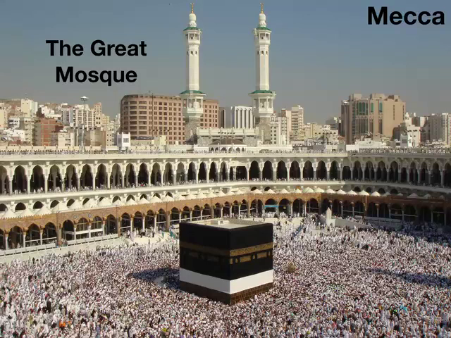We can see located all around the building in the center, the Kaaba, in the courtyard of the Great Mosque, thousands and thousands of people. Now, who are these people? These people are pilgrims. They're adherents to the Muslim religion, the religion of Islam. These are Muslims, and they have traveled from all over the world to make this pilgrimage to Mecca. It's one of the five pillars to make the pilgrimage. And so this site has really impacted the cultural landscape in order to provide infrastructure for this pilgrimage and all